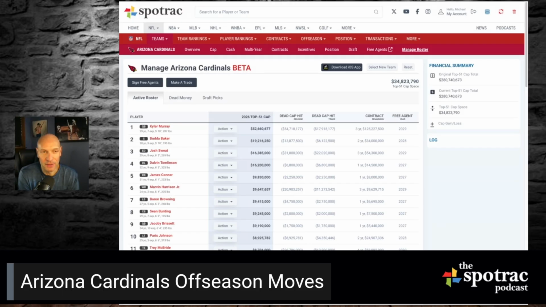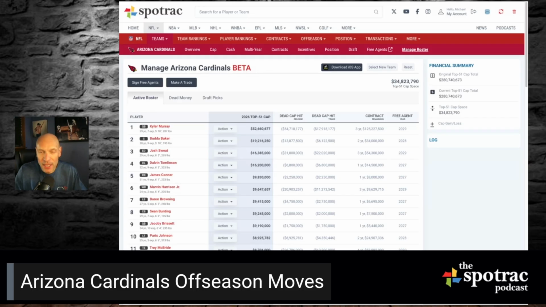We're going to take the Arizona Cardinals roster using Spotrac's roster management tool and project out a couple of moves to clear up some cap space and a couple of roster spots before we head into March. Let's get cracking. By the way, this all facilitates an offseason piece I've done for each of these teams that